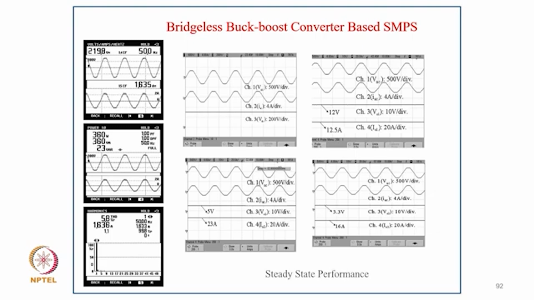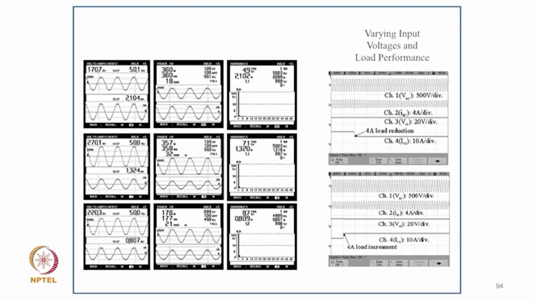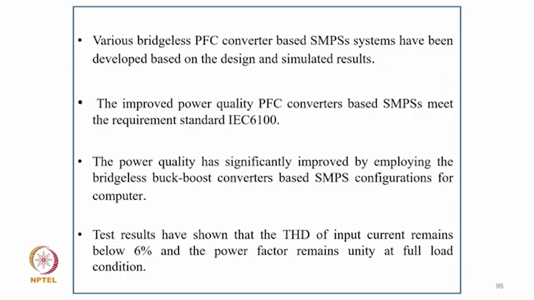And this is the case of the bridgeless buck boost converter. The power factor is unity here also, and THD is only 5.8%. And this proves the design that the inductors of the buck boost converter are designed in discontinuous mode. The positive converter operates in the positive half cycle and the negative converter operates in the negative half cycle, showing that these currents appear only in the positive and negative half cycles respectively. And this is the case when we have a variable voltage of 170 to 270 volts, and still the power factor is close to unity in all cases, and THD remains less than around 8%, less than 10%, under varying load condition.